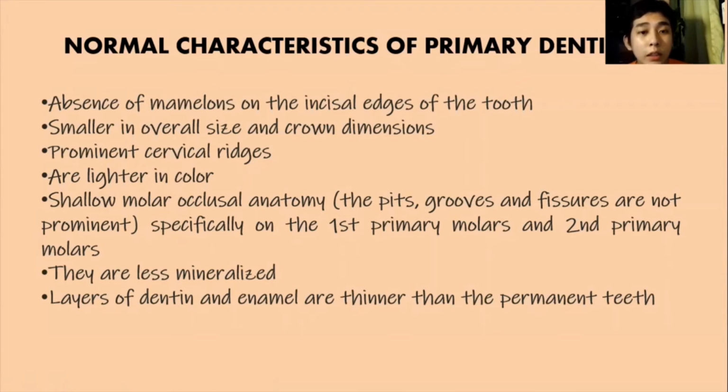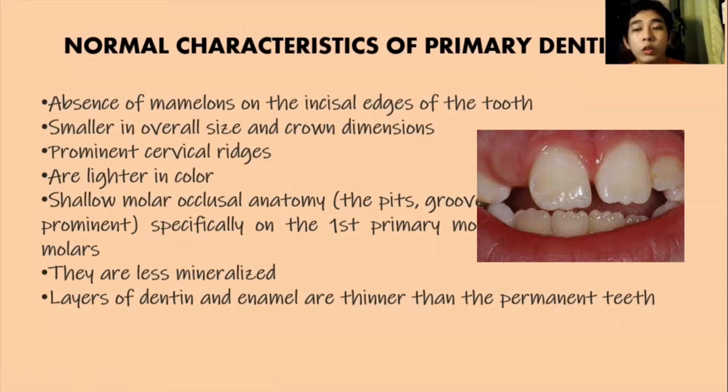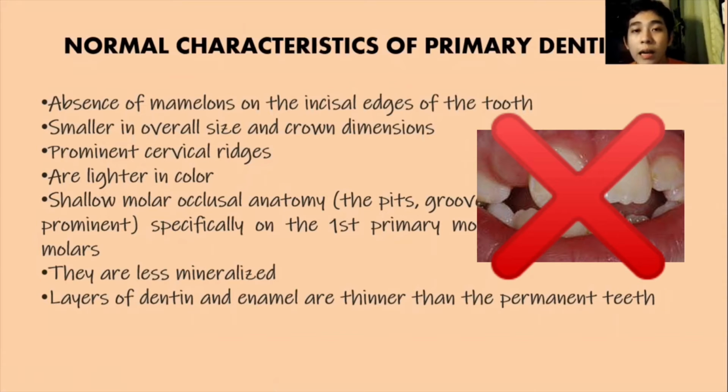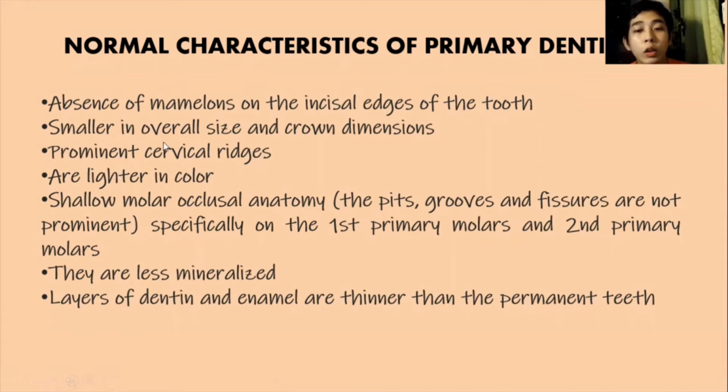So in primary dentition, there is an absence of mamelons on the incisal edges of the tooth, as the mamelons only occur on the permanent dentition. They are also smaller in overall size and crown dimensions in comparison to permanent dentition, and they have prominent cervical ridges. They are also lighter in color in comparison to permanent dentition, and they also have shallow molar occlusal anatomy,